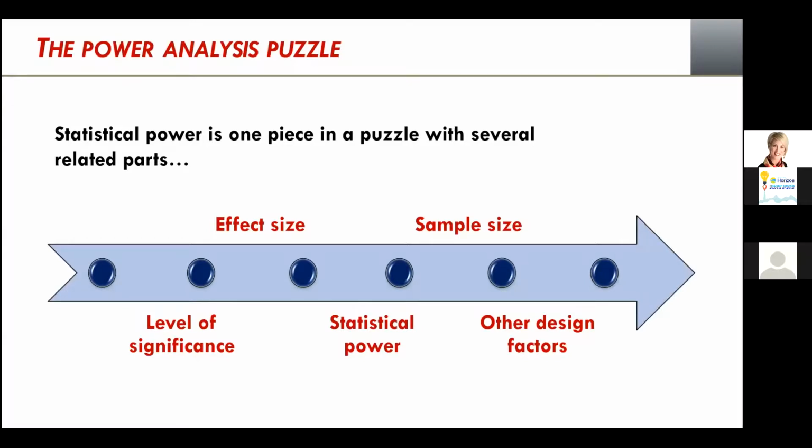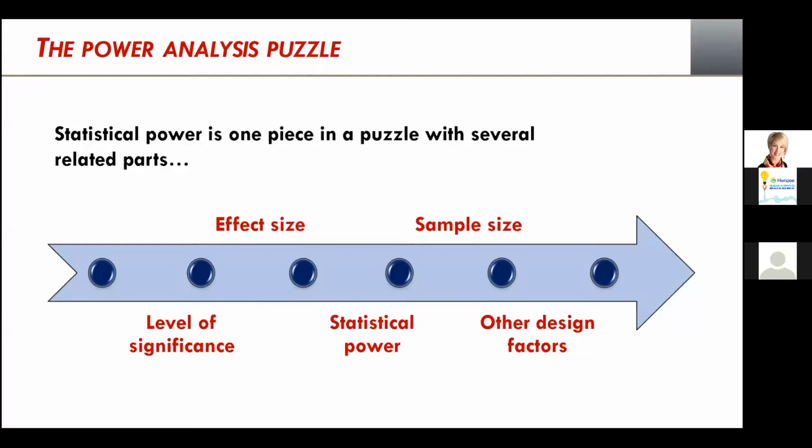The other part is the sample size. In general, the greater your sample size, the greater your power. And of course, there are limitations to that. The sample size simply refers to the number of people in your sample, the number of observations that you're making. If you're doing animal research, that would be the number of rodents that you're using. If you're collecting blood in test tubes, each blood sample would be one unit of sample size. So sample size is another really important consideration.